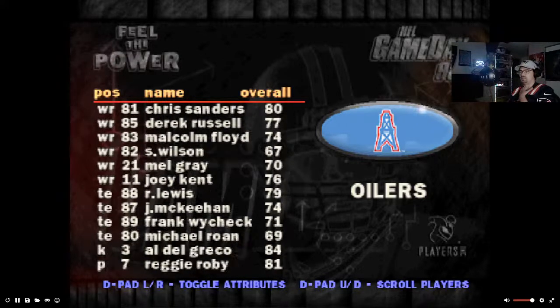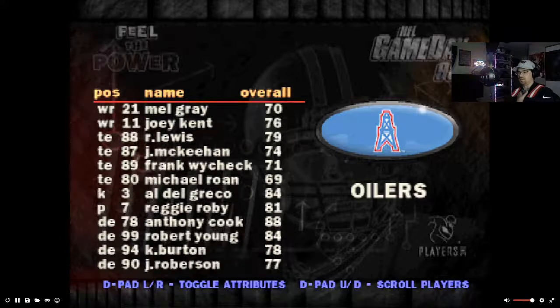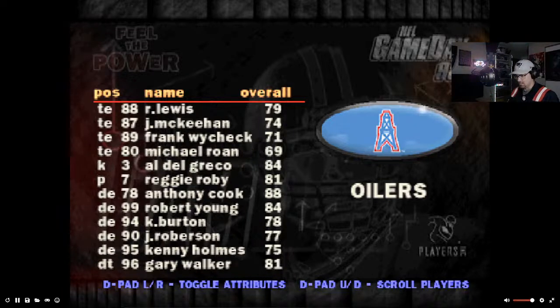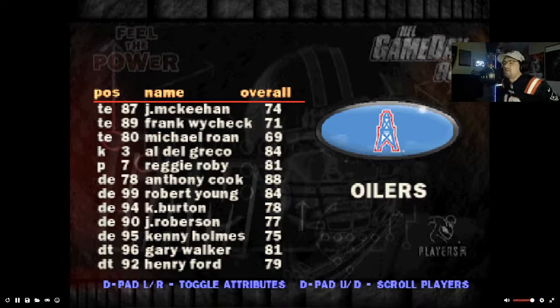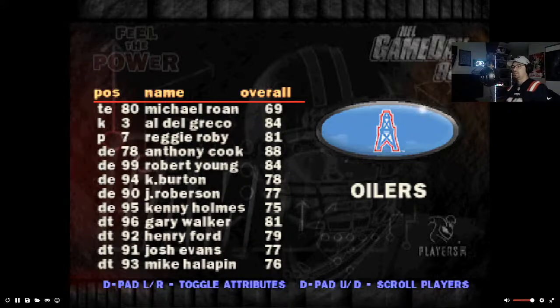Let's see. Who else is here? This team is not loaded. This team is not very good. Frank Wycheck. I know who Frank Wycheck is because I've heard his name quite a few times. He was a pretty good player for his time, but this must have been early on in his career. I think he went on to the Jets and did really well with them. I think that's him.